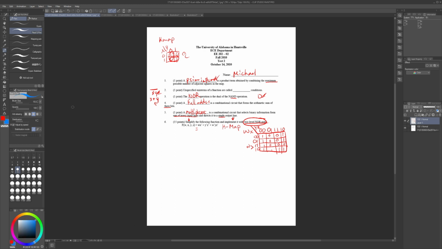So let me quickly grab our essential prime implicants. And that means that this is equal to WX' plus YZ' plus,